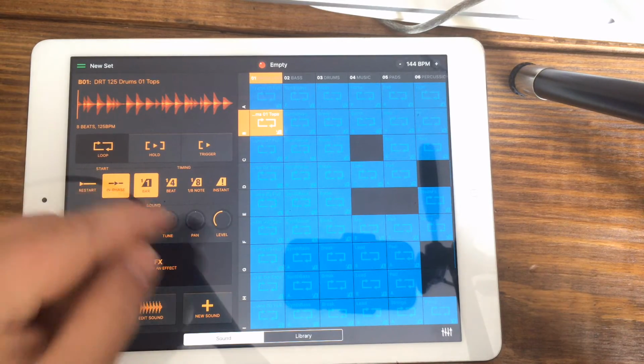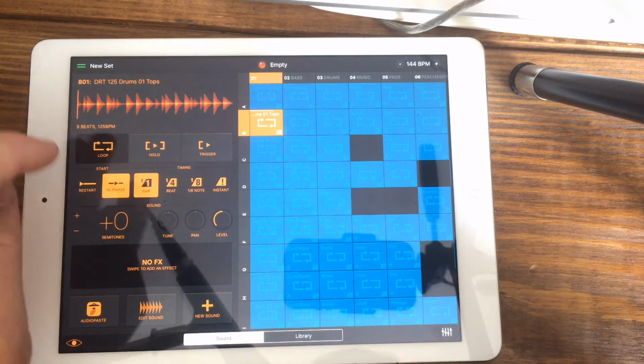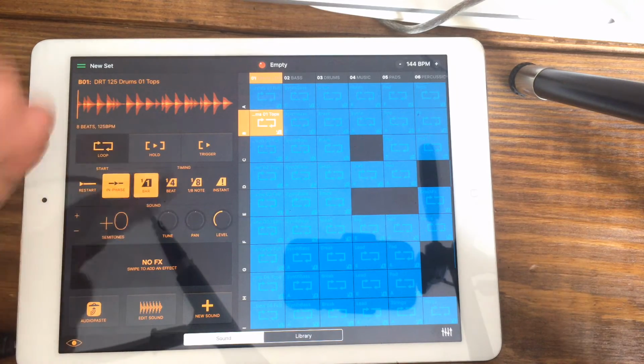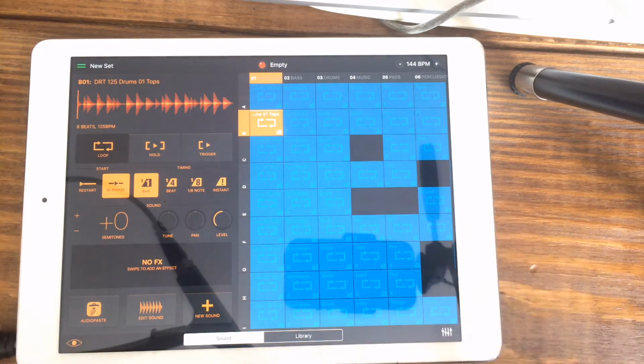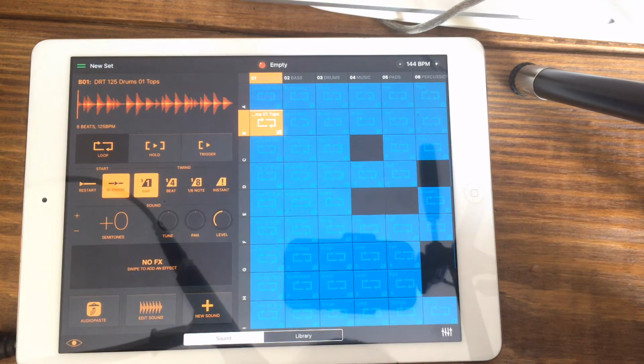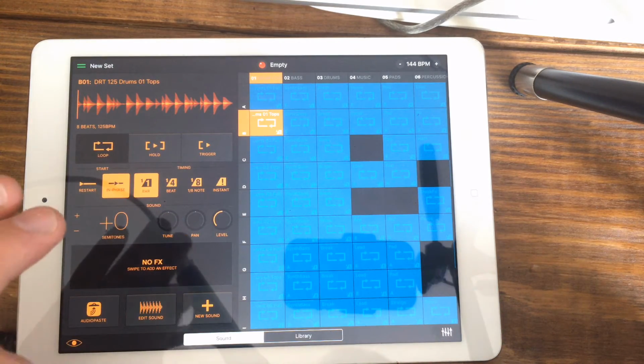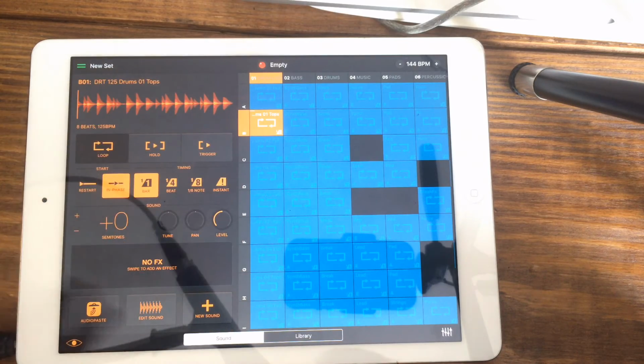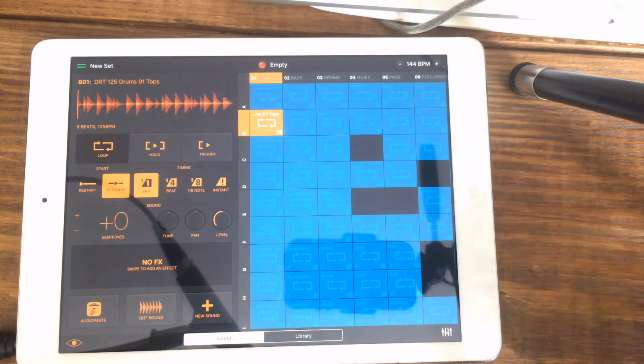You have to go through and beat slice it to get the loop option, which, I mean, if you're building loops at home to take out to somewhere, that's fine. This is not really meant for building live loops. As far as getting loops into this app, it's primarily designed to build your loops in a studio kind of environment, and then take it somewhere to perform it, or just record your performance of a song,